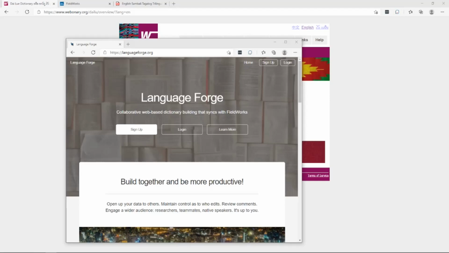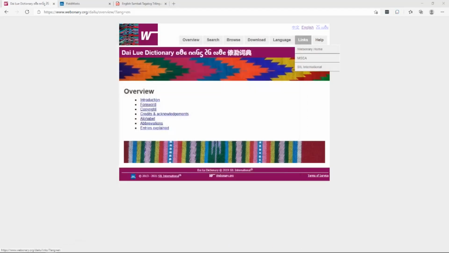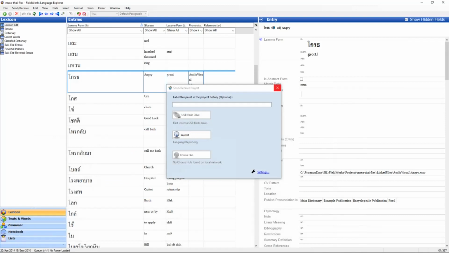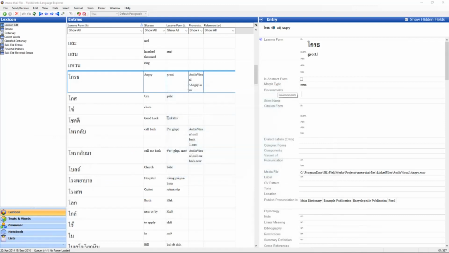Another thing to do, so we showed how to, when it comes to data importation. So now we're going to talk about how Flex can interact with other projects. So we saw that Flex, Paratext can look at Flex. We're going to show how you can do some other things with other tools that interact with Flex. I'm going to minimize that. So let's go back to Flex, to my Flex project. Where'd it go? Minimize this. Okay, that's in the way. All right, so